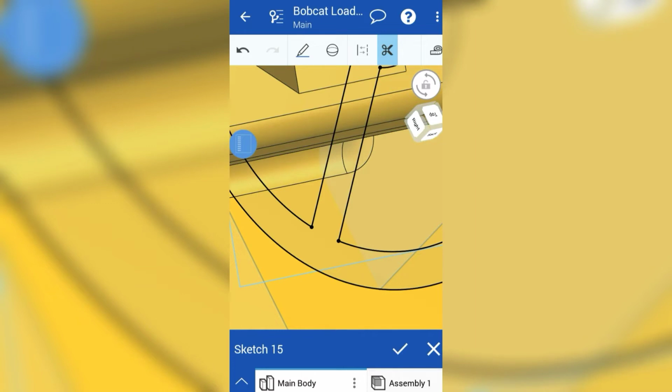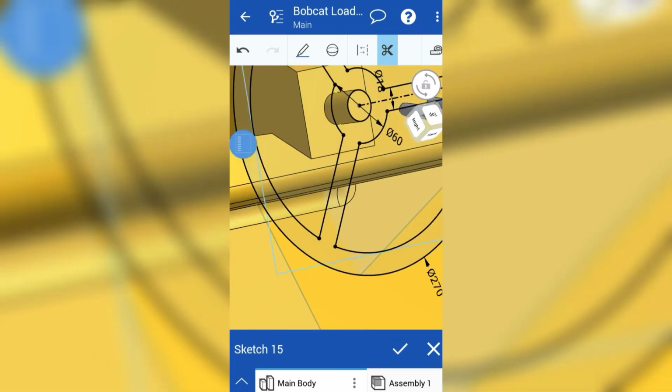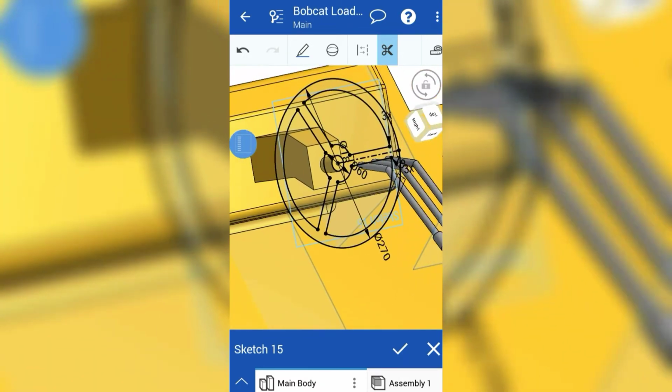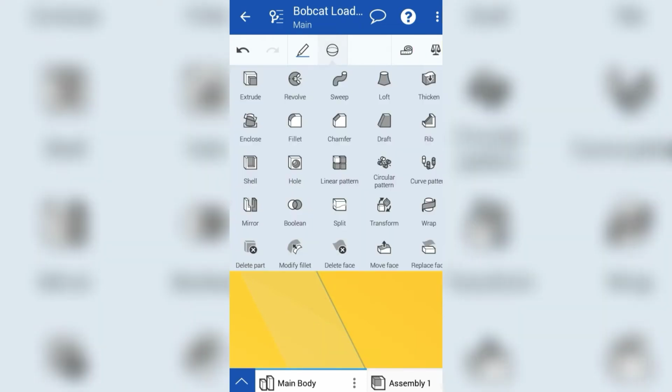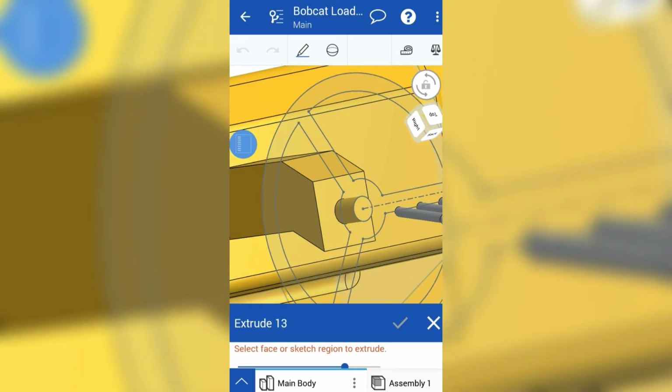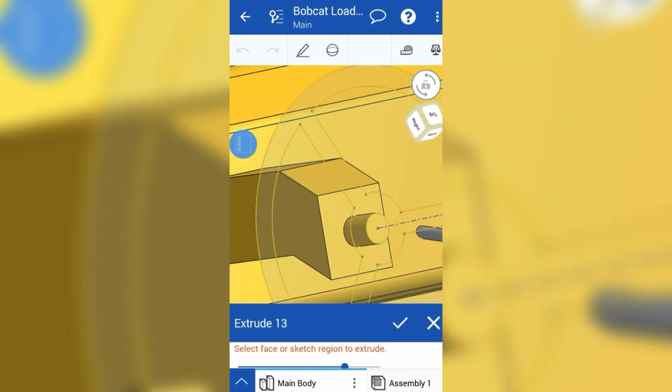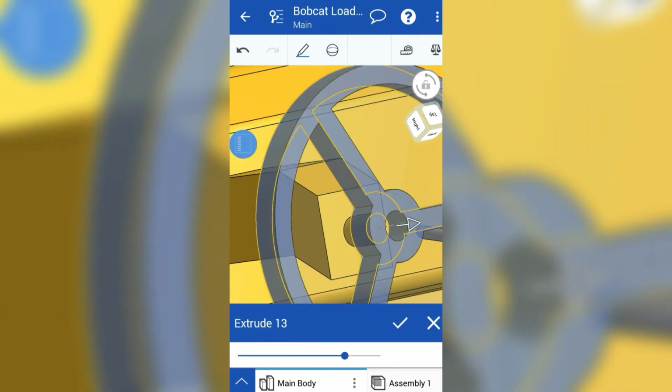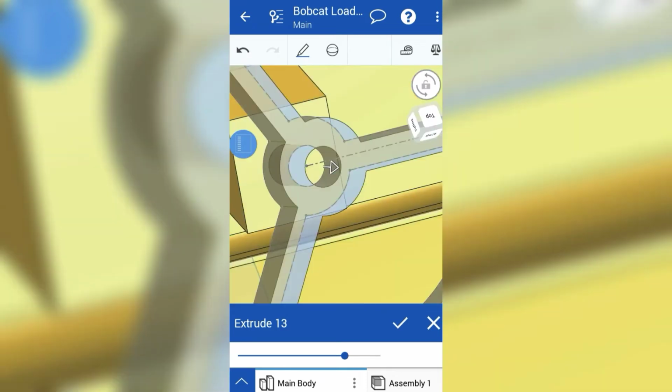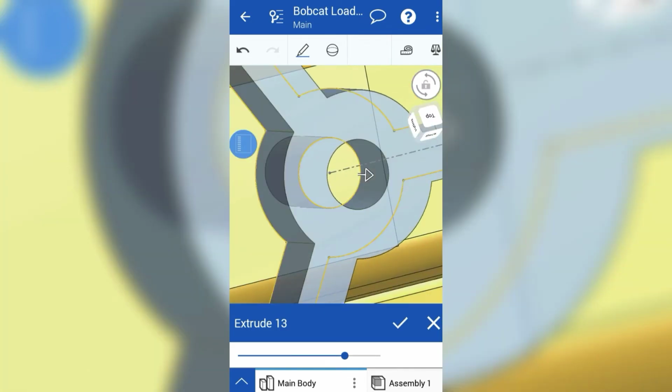Okay, removed successfully. Now hit the check mark on the right side of your sketch 15 and the sketch is ready to extrude. Select the close region of our sketch and also this region, this face, this need to be